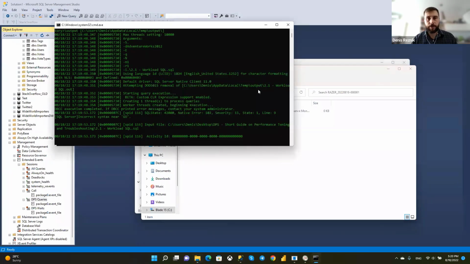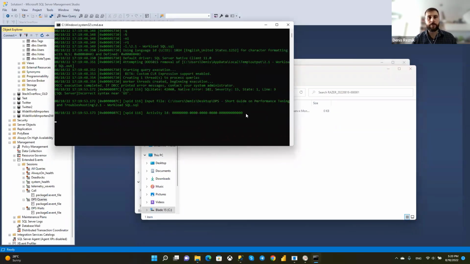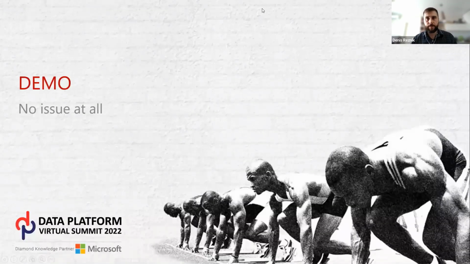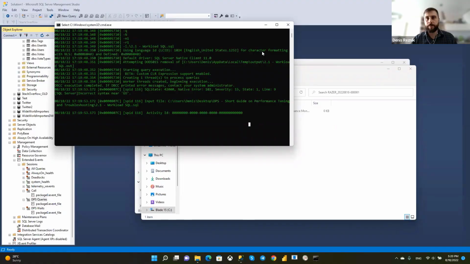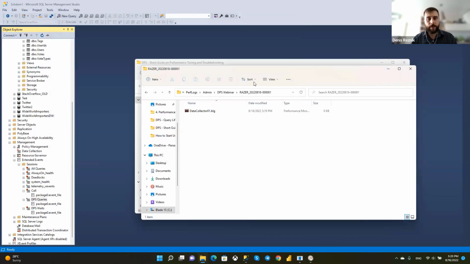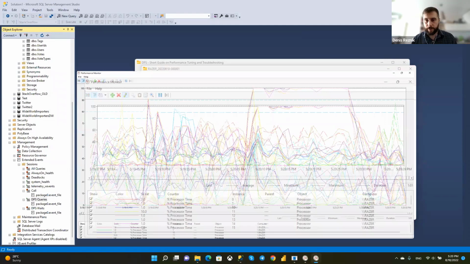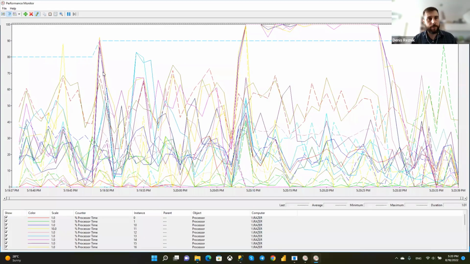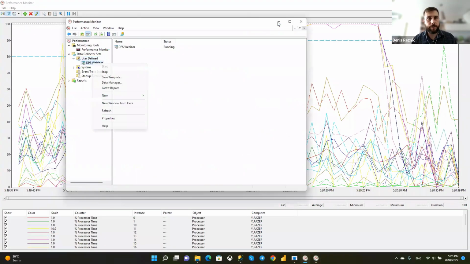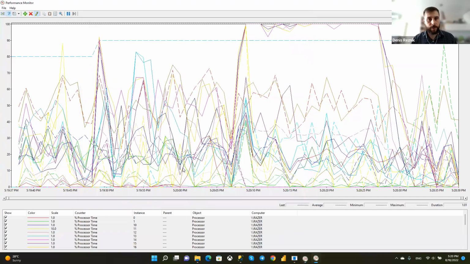When the workload finishes, we will open the file and check what we have collected. Okay, I'm just checking the questions. That's fine. Let's open the data collector. I will stop the collection and I will stop the extended event session as well.